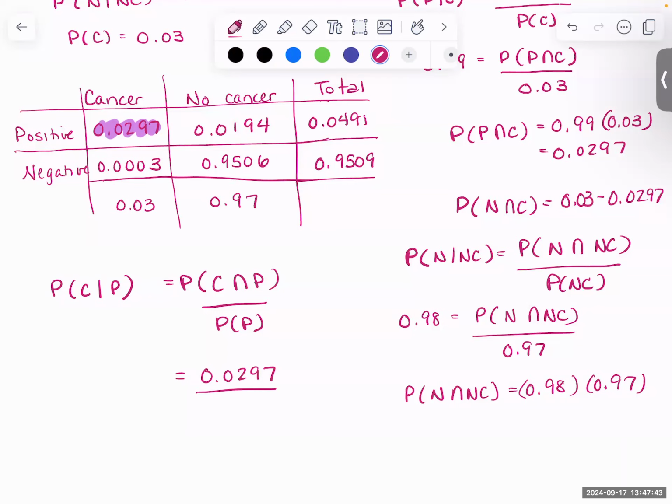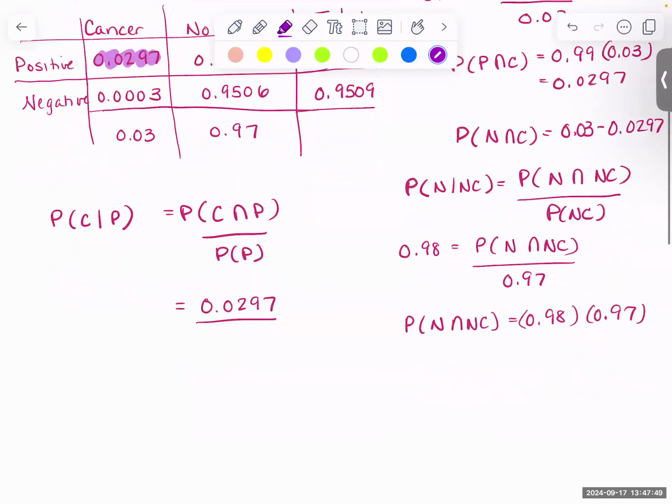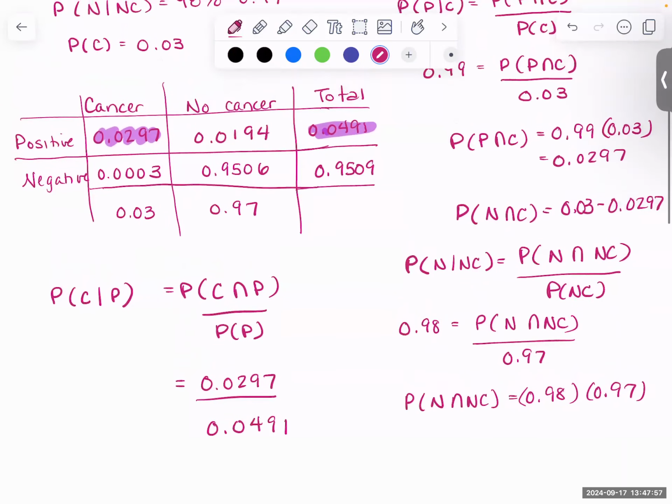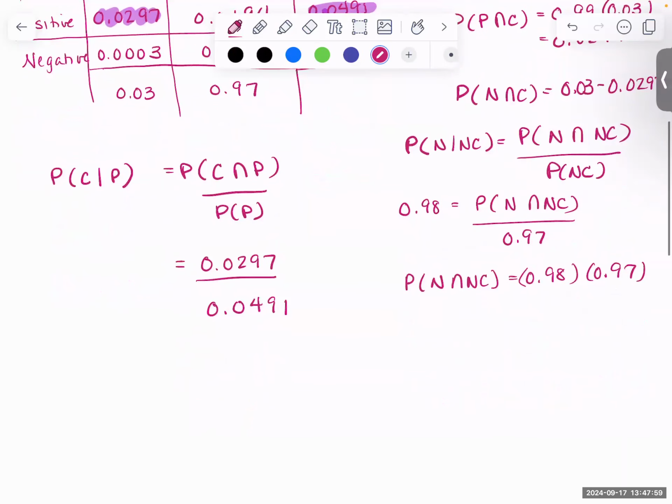And that's going to be the 0.0491. So I'm going to divide that by 0.0491. And when I do that division, that should give me the probability that I have the cancer given that I tested positive for it. And that's going to be